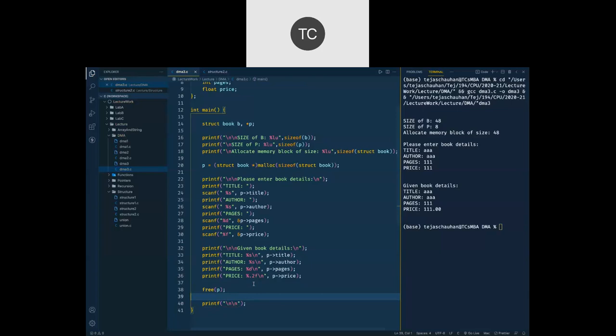So this was the basic example of working with dynamic memory allocation for a structure variable. And this example is to store a single book. We haven't gone for multiple books yet.